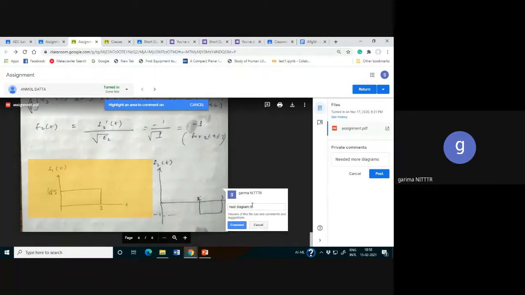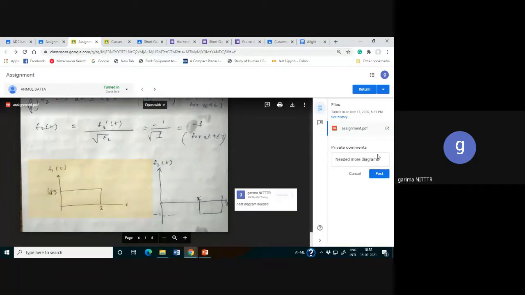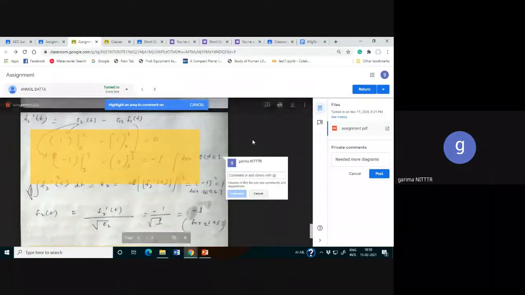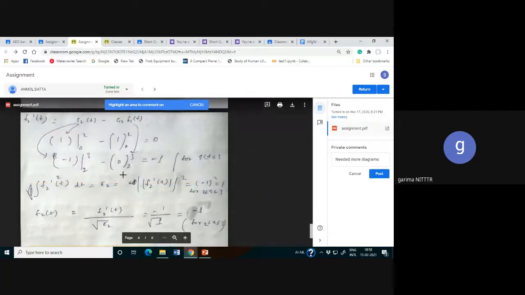So it is up to you whether you give a private comment, or highlight some particular section of your assignment. This way you can highlight, you can check online, you can return it back to the student, and the student gets that information. You need not get it checked otherwise, because how to check these assignments online is a big headache for a teacher. So this is one thing, that you can highlight this particular part.